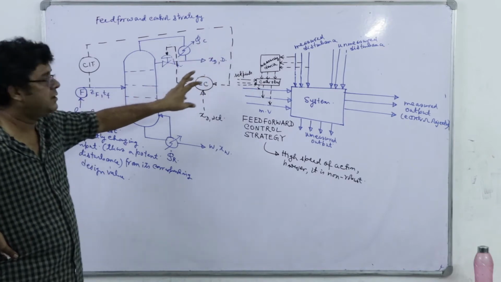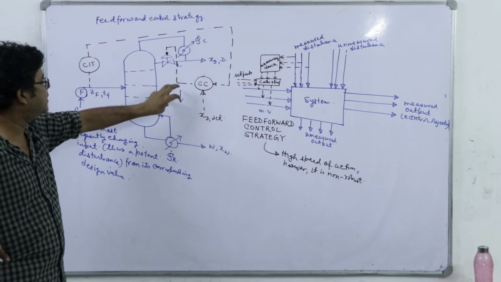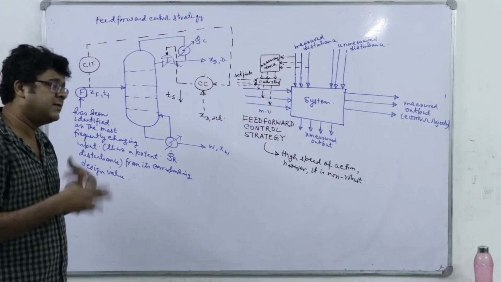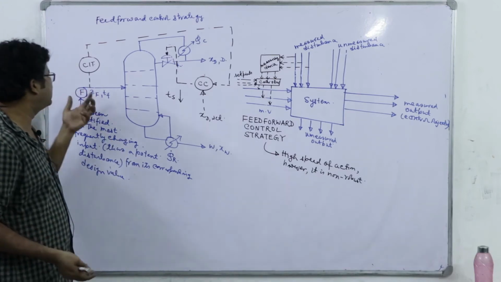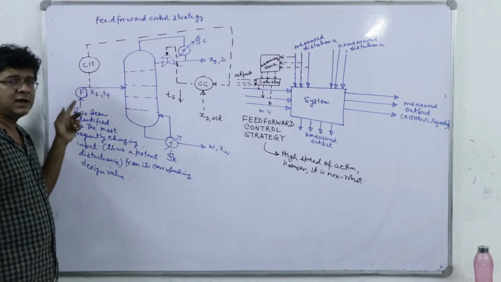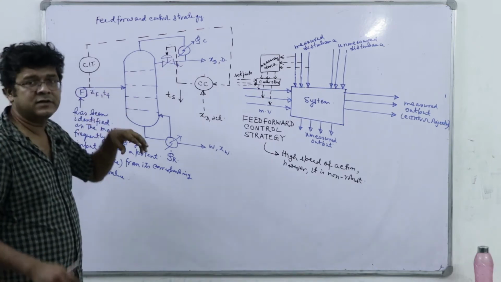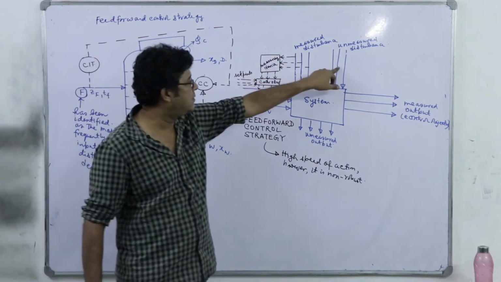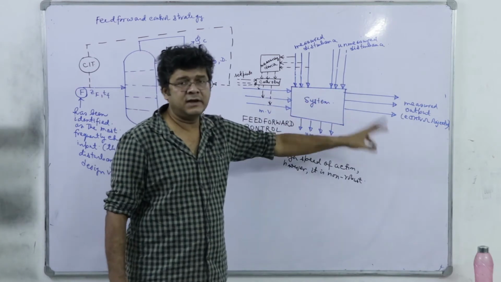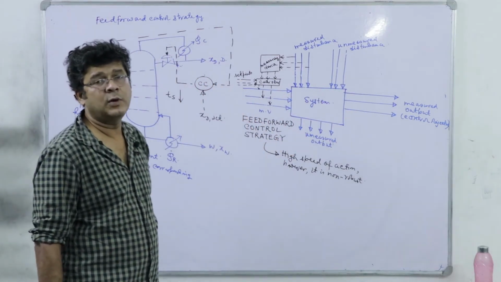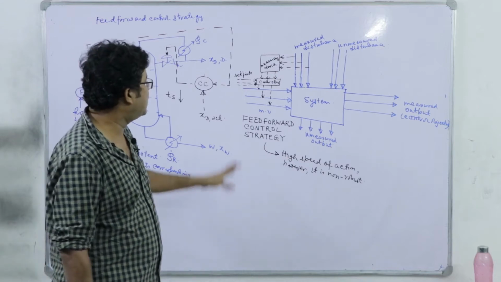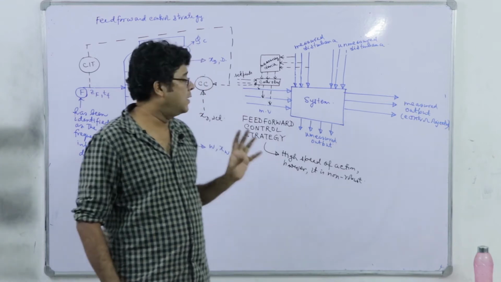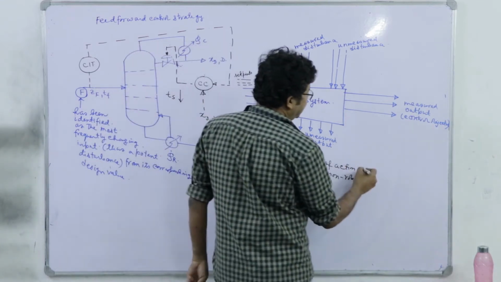That remained unmeasured, because we haven't considered Ts as a potent source of disturbance. So whatever we consider as a potent source of disturbance, if only that changes, we will have a high speed of action. But for all the other disturbances which I am not going to measure, the system may deviate from its set point and I am not going to measure it. So feed forward is a non-robust control strategy, however, it has a high speed of action. So it is recommended that we should not use